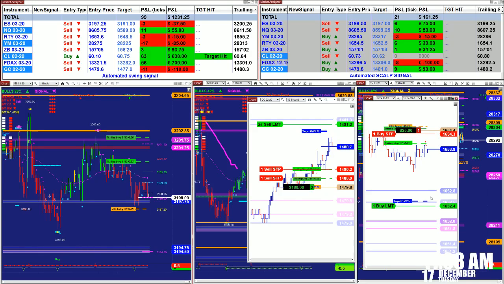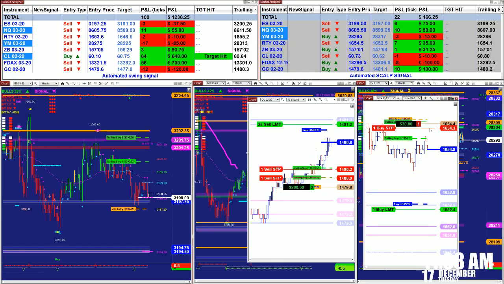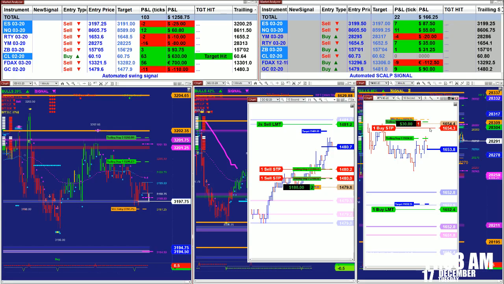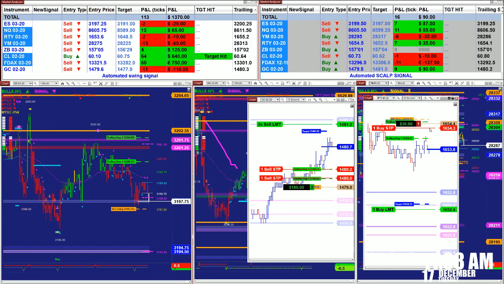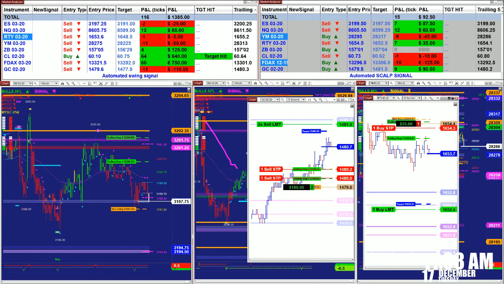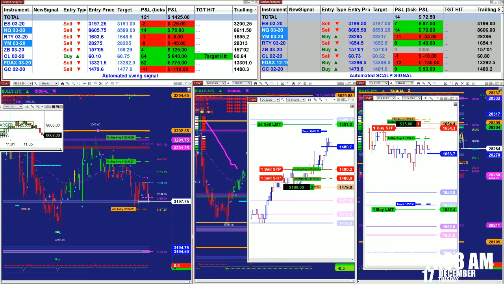If this market goes down, that's very fine. If the market wants to go up and knock me out of that trade, that is also very fine. Either direction, I'm done with that trade. And this is the beauty, and this is where I prefer that kind of trading over this kind of automated trading,